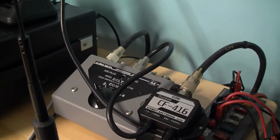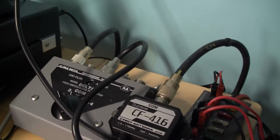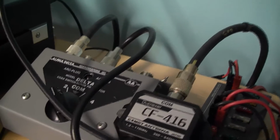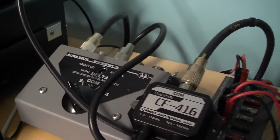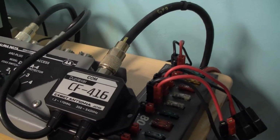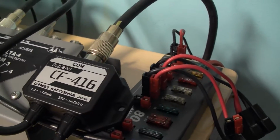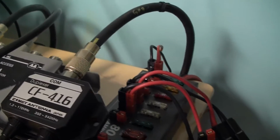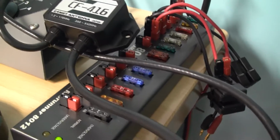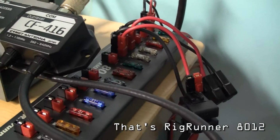Alright, so this is the antenna switch made by Delta. This particular model is the Delta 4A, and it works pretty good. I'm very happy with the way it's built. Very heavy duty, and I have a diplexer, duplexer, whatever you want to call it. This is for my VHF and UHF splitter. That's my Rig Runner power line, power strip. Now this one is model 8102, and this is hooked up to my